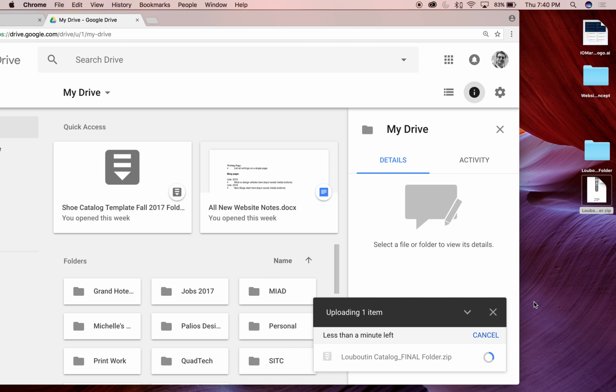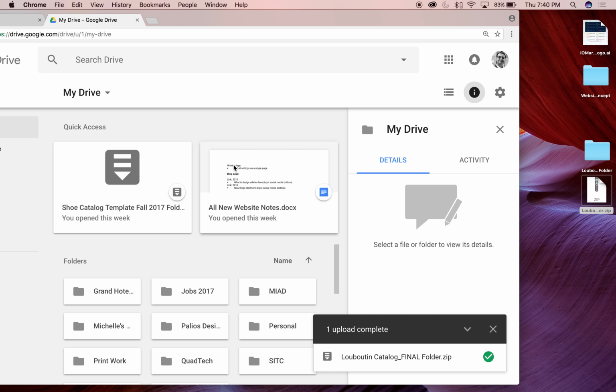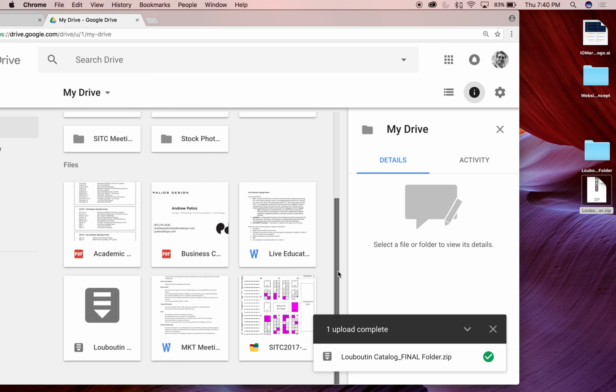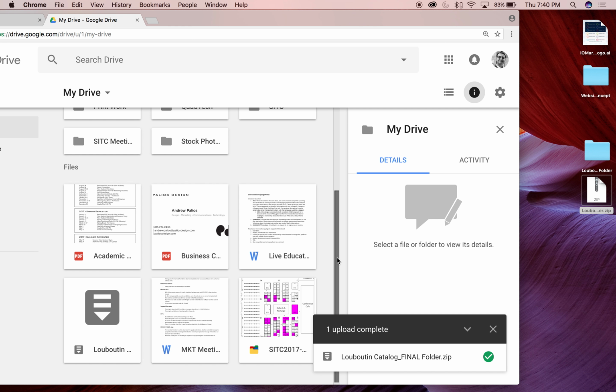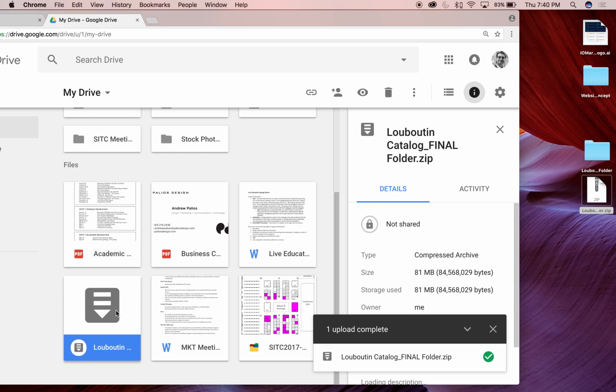and wait for that thing to load up. It's not going to take too long. But essentially once it's done, that's included in your digital portfolio. So I'd encourage you to have a folder on Google Drive, call it digital portfolio, and then just load up your stuff there. You can share this file with me